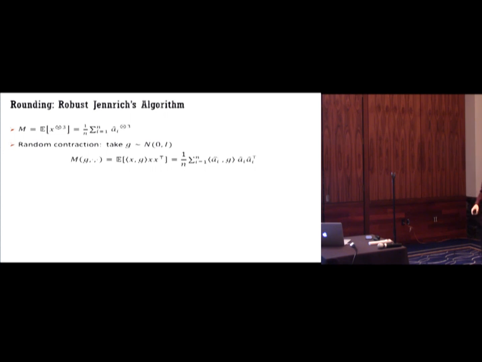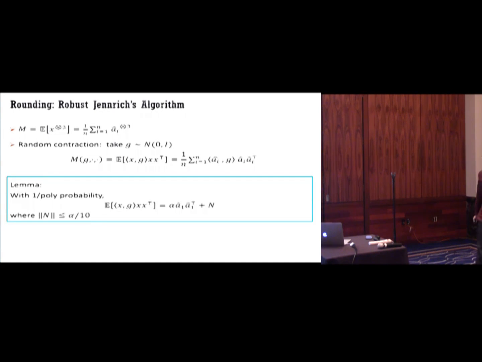If that notation sounds not familiar to you, then basically what I mean is just this expectation of this weighted kind of covariance matrix. So this object, because again D is a discrete distribution, uniform distribution over ai hat, we can compute this expectation. We get this weighted sum over ai hat, ai hat transpose.